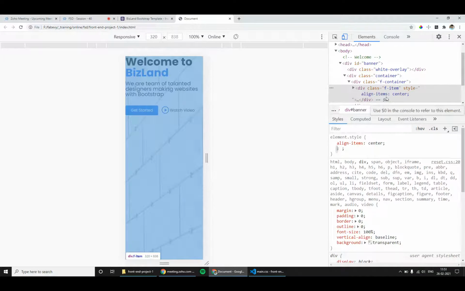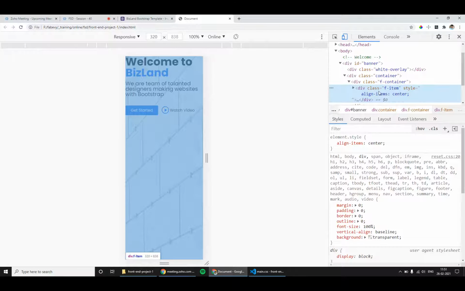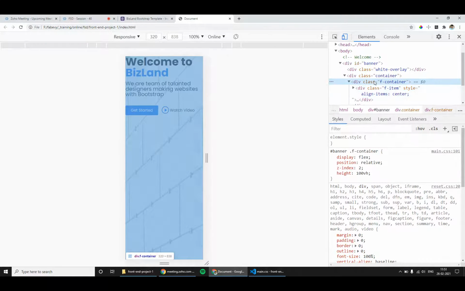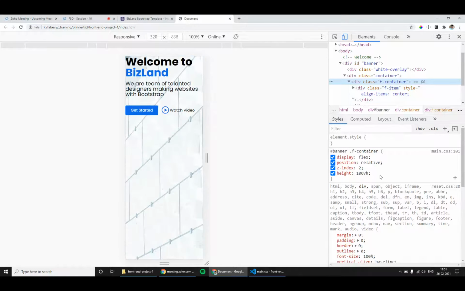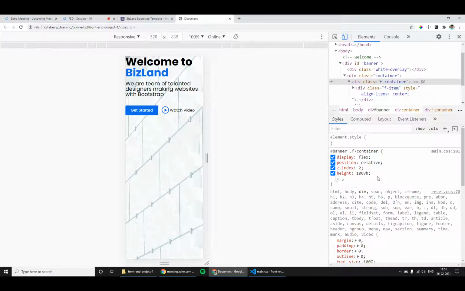It is not giving the desired output because the flex item occupies 100% of the height. So I have to solve that. I need to apply one more style for the flex container.